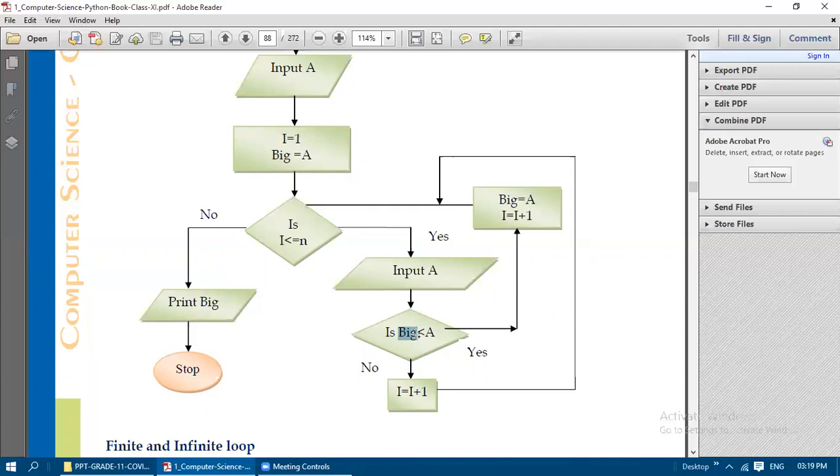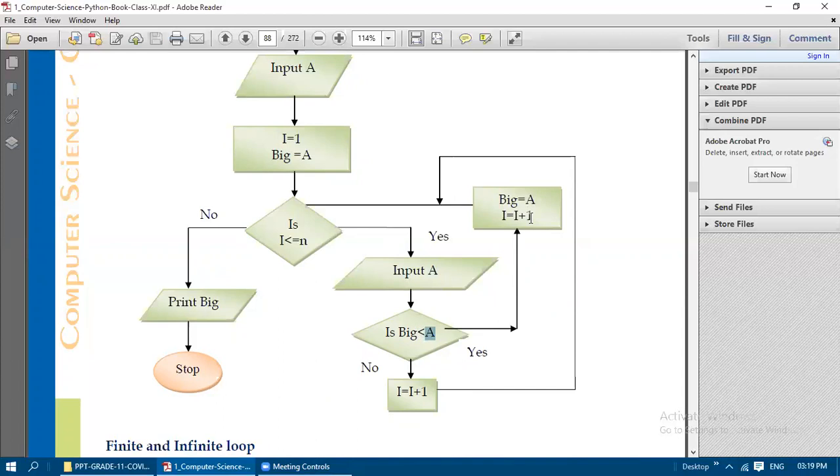Big is initially assigned with 10, so 10 is checked with 30. 10 is less than this A, so the condition is true. So big is now assigned with A. Then I becomes I plus 1.